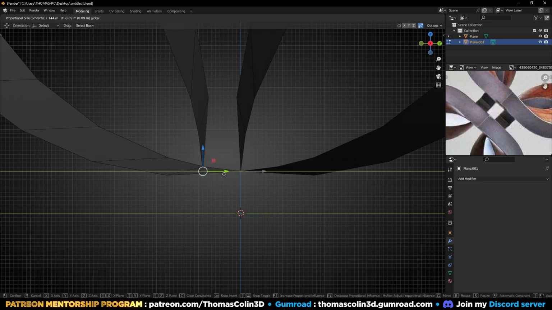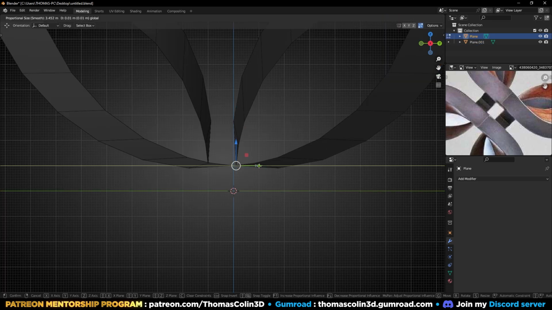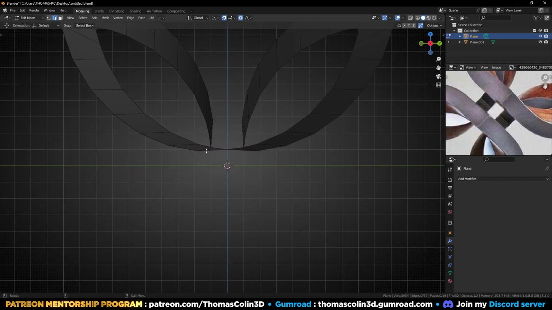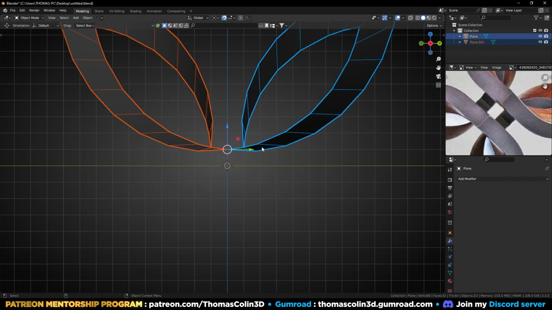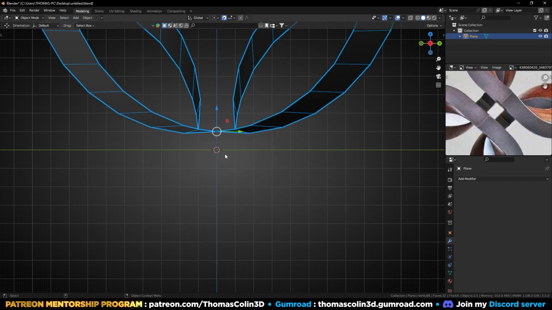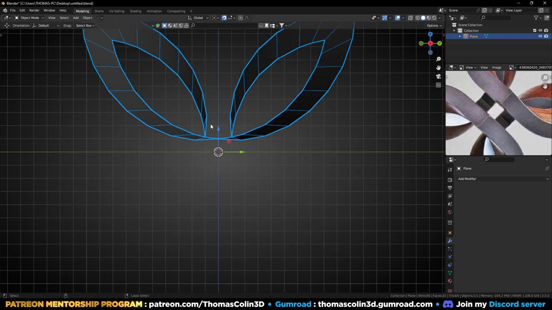So let's move it 1 unit on the left. Do the same on this edge, like this. So now what I can do is to select both shapes, Ctrl J to merge. In edit mode, select all the vertices and merge by distance. Now I can do object, set origin, origin to 3D cursor, apply the rotation, Ctrl A, rotation, add a